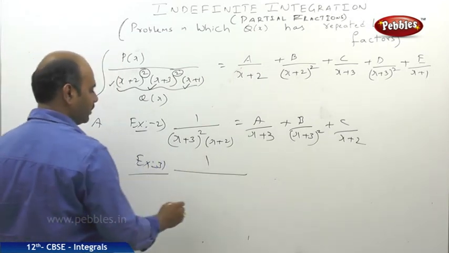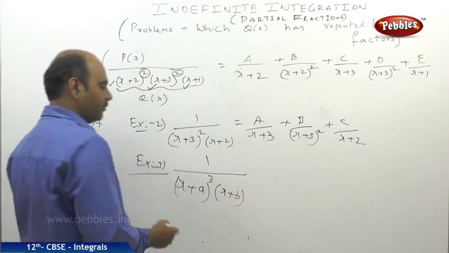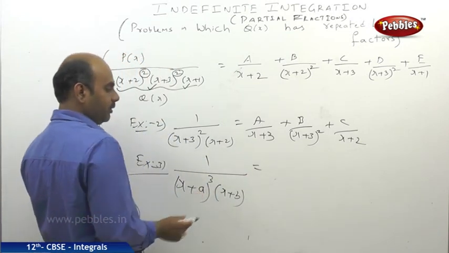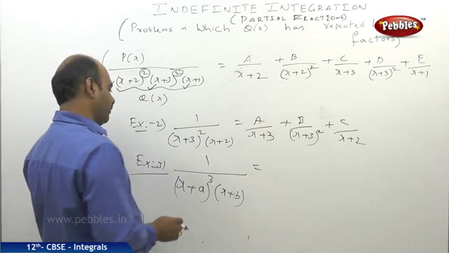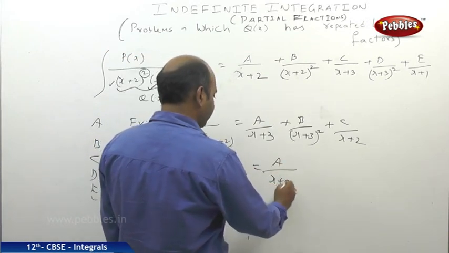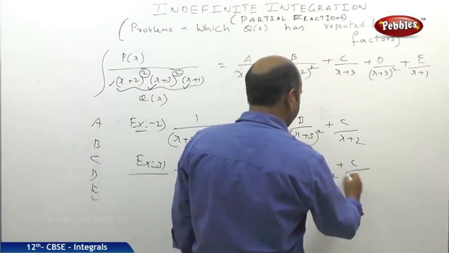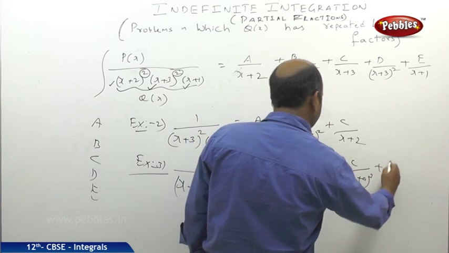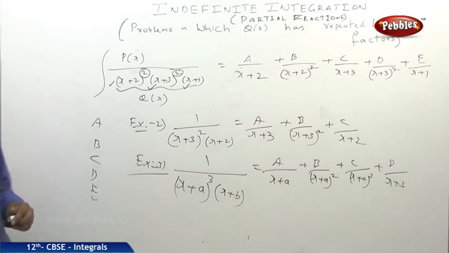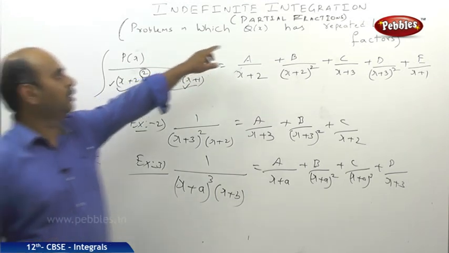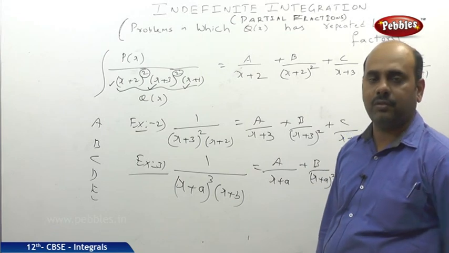If suppose it is being repeated for some more times, that means suppose I take this as (x plus a) whole power 3 into (x plus b). So what should we write? We need to take totally how many constants here? 4 constants, because x plus a is being repeated 3 times and then another linear factor. So what I'll be doing: A by x plus a, plus B by (x plus a) whole square, plus C by (x plus a) whole cube, plus D by x plus b. I think now you are confident in writing this particular partial fractions where q of x has repeated linear factors. Clear? So we shall go for a problem.